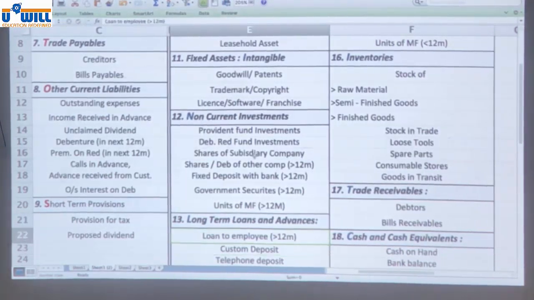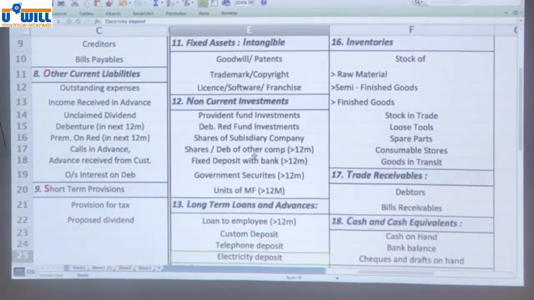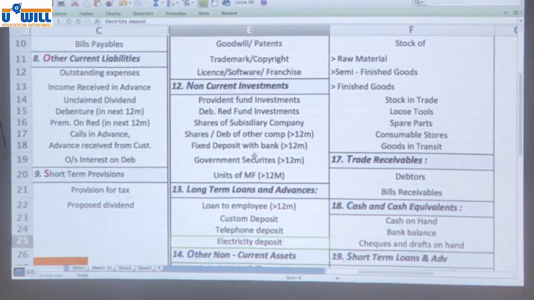Then we have customs deposit, telephone deposit, electricity deposit. They are generally permanent in nature, because if you have taken an electricity connection and given a deposit, it will remain as long as the business is there. Okay. Then other non-current assets,